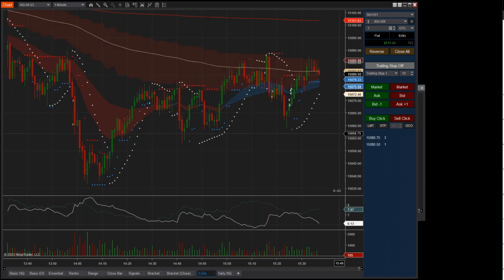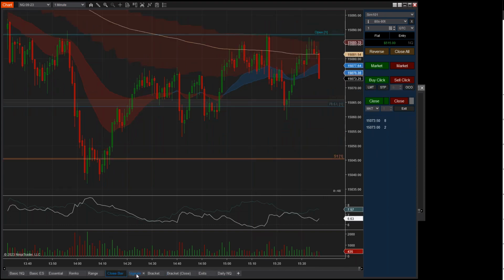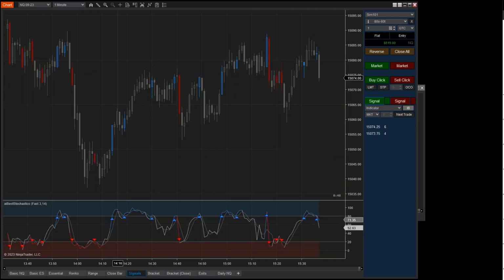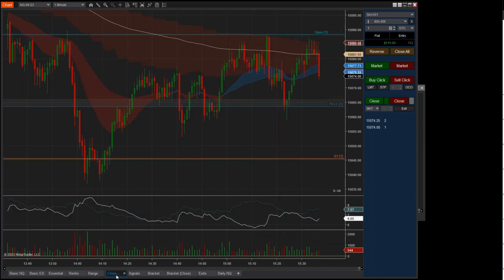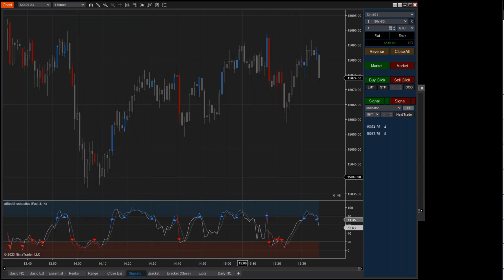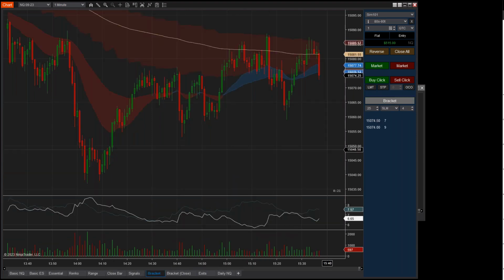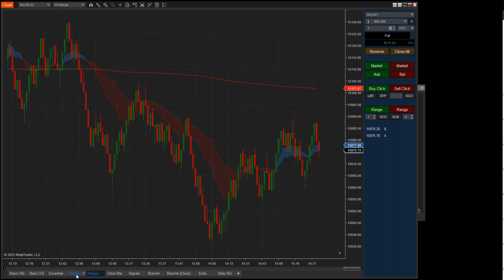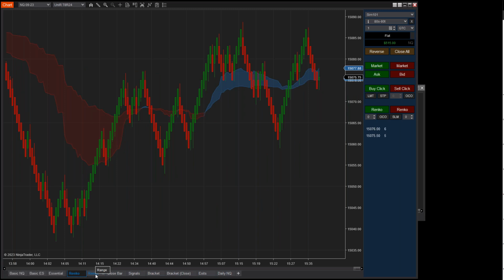So let's again talk about exits. With exits here, this is the advanced exit orders module of my chart trader. So this chart trader, again, just kind of summarizing this, all of these are options that you can buy for the chart trader. Okay, so closed bar entry is an option, signal entry orders is an option, bracket entry orders is an option. These Renko and range, I call it price-based entry orders because it's literally based on price. Like what's happening with price alone is determining your entry.